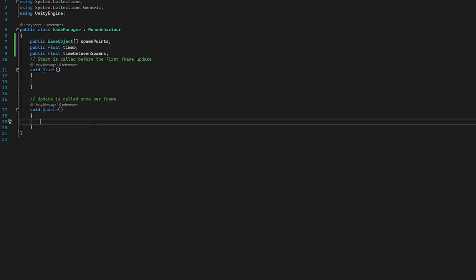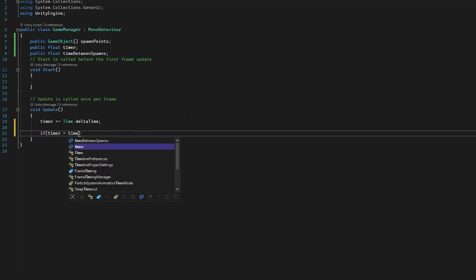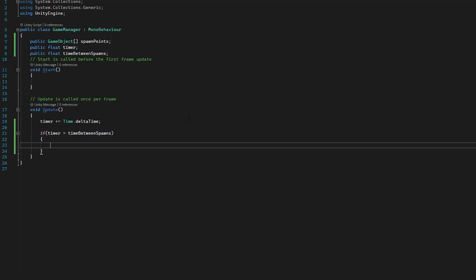So the first thing we need to do is set up our timer so it goes up with time. The easiest way to do this is setting timer += Time.deltaTime, as Time.deltaTime is how long it has been since the last frame. So that timer will increase with that and will go up in real time seconds. From here, we're going to check if our timer float is bigger than timeBetweenSpawns. So if the timer has reached a certain number that we have set in the editor,